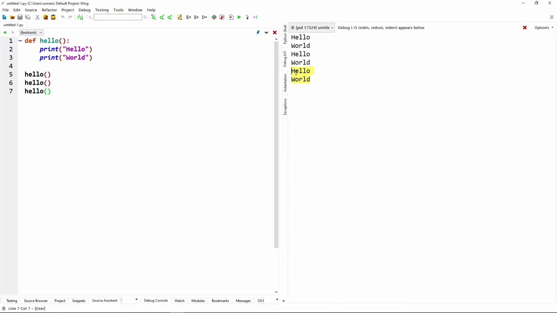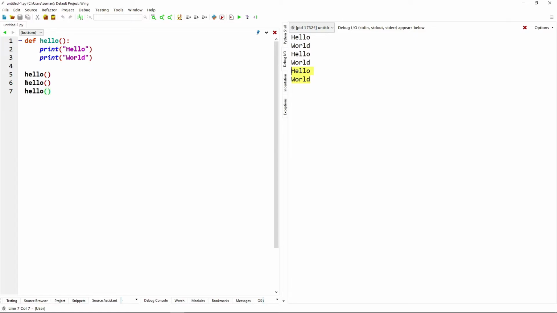So if we need to run a piece of code again and again, we can wrap the code in a function and call the function as many times as we want. But one thing to remember, we have to define the function before we call it. Otherwise, it would give an error. Let's check.